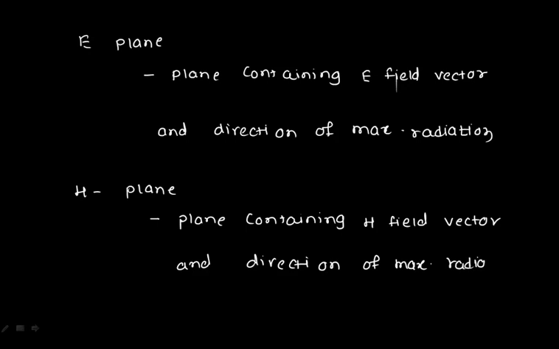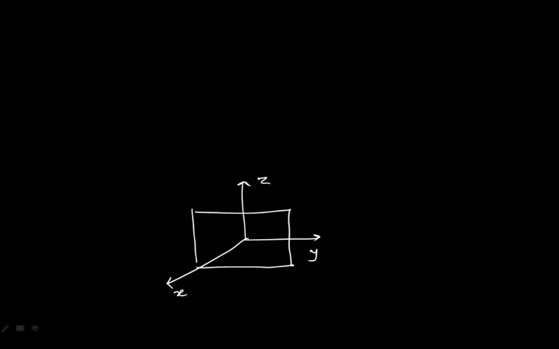Suppose I have taken a horn antenna, or any directional antenna you take. If I have taken a horn antenna, the horn antenna radiation pattern will look like this. Always the opening of the horn is a rectangular shape like this. Okay? This is my Z axis. This is my y axis, and this is the x axis. And the radiations from this horn antenna will be in this direction, the direction of the x. It is a directional antenna, which radiates more in a particular direction and less in other directions. These are the electric field vectors, and these are the magnetic field vectors. So this is E and this is H.